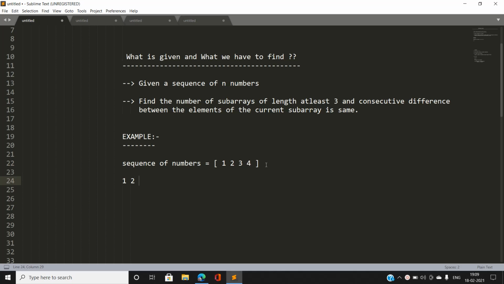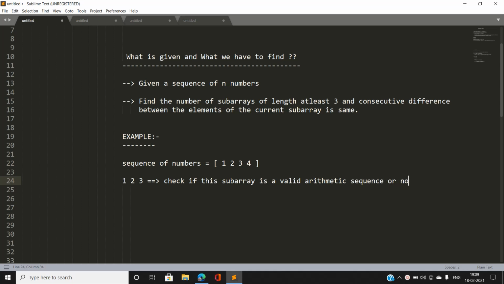Now if we append 3 to the back of my current array, note that the subarray length is going to be exactly 3, and this may be a valid arithmetic sequence. So what we have to do is check whether this subarray is a valid arithmetic sequence or not.